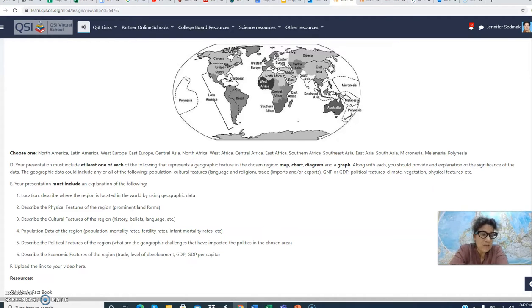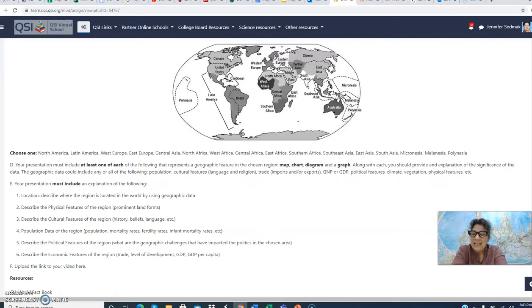It could be cultural features, like if you found a map of the region that outlines some of the different religions that are practiced there. It could be a diagram that outlines imports and exports for the region. It can be a graph that shows GDP levels among countries in the region. It could include political features, climate, vegetation, physical features, you name it. The geographic data that you find can present any and all of those features of the region that you are